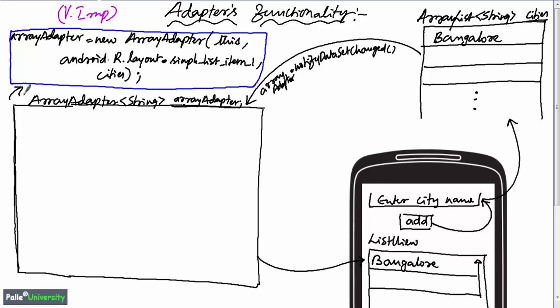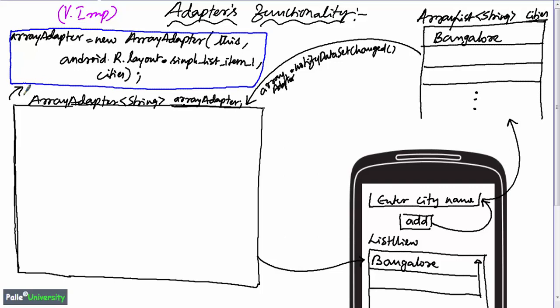While explaining this statement in the previous example, I told you that I would explain the first two parameters later. The last parameter is cities, which come from the array list, so we are passing the array list as the third parameter to this array adapter. Now I am going to explain the first two parameters. The first parameter is this. In Java terminology, this means the current object. Since we have written this code in the activity, in this scenario this means the current activity object, or current screen object.